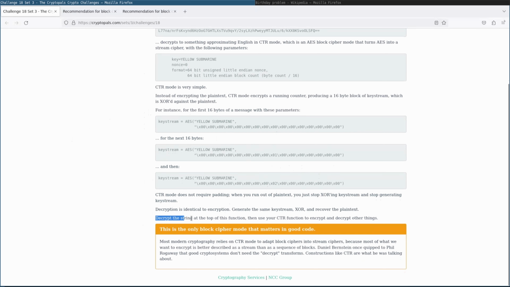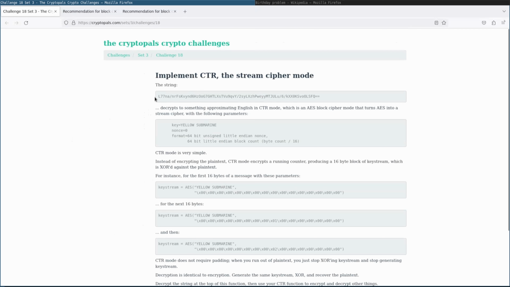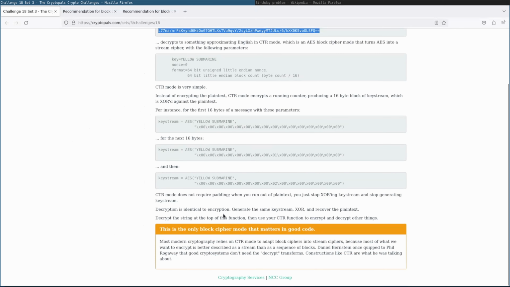So our goal here is to decrypt the string at the top of this function. Function, that might be a typo actually, that might be meant to say challenge, but in any case, the string we're talking about is this right here, which is, of course, counter encrypted, and then use your counter function to encrypt and decrypt other things. Selecting other things to encrypt is left as an exercise to the viewer. And we have a little quip at the bottom here, that this is the only block cipher mode that matters